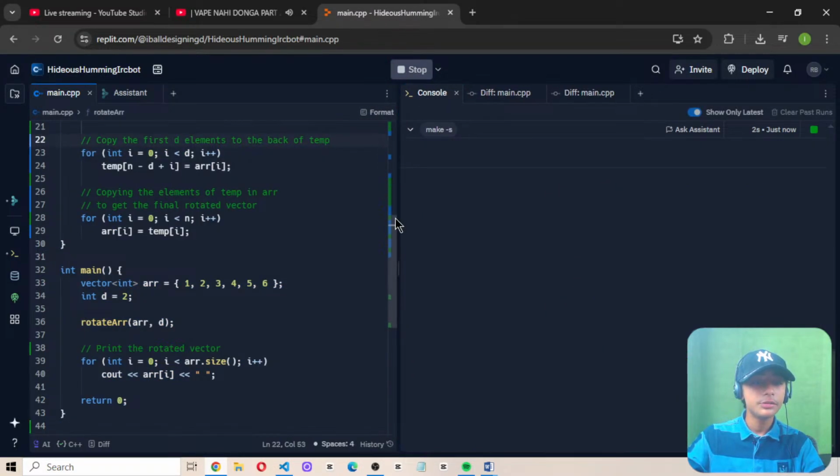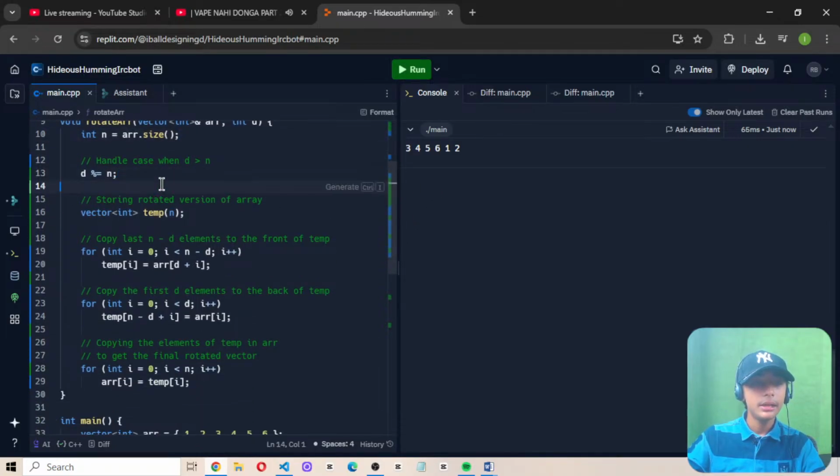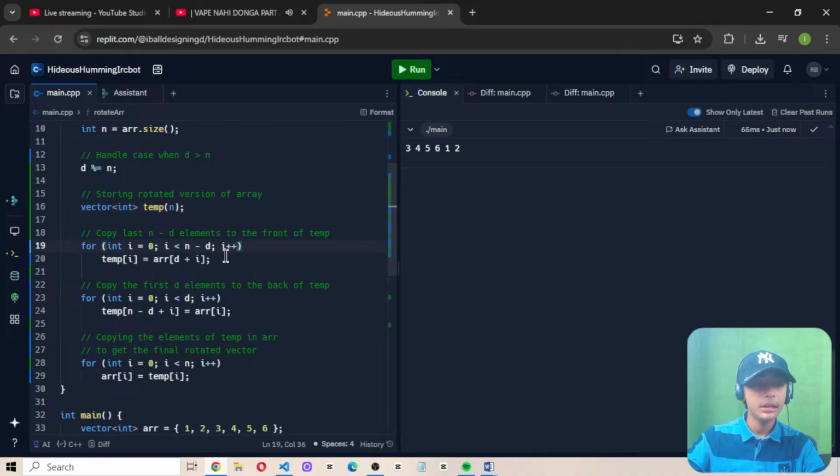In this code, there's one C++ program to left rotate the array by d positions using a temporary array. In the 9th till 10th line here, there is one function to rotate the vector. Then in line 13 here, I handle the case when d is greater than n. And in line 16 here, I am storing the rotated version of the array,